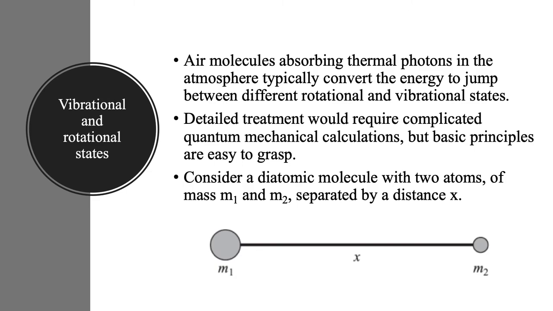Consider a very simple case where you have two different masses. You could think of them as two different molecules, or whatever. They have masses m1 and m2, with m1 different than m2, and let's say they're separated by a distance x. In the case of molecules, that would be empty space. But if we wanted to think about a more classical system, you could connect them